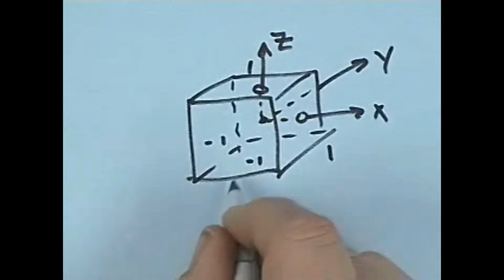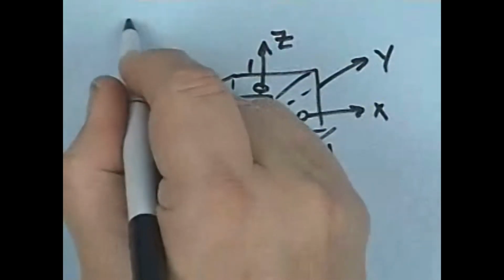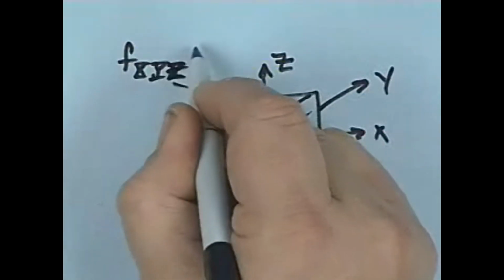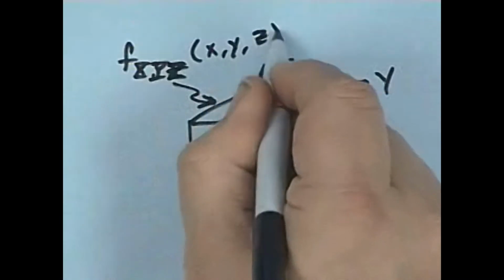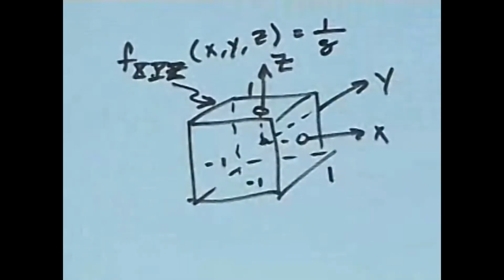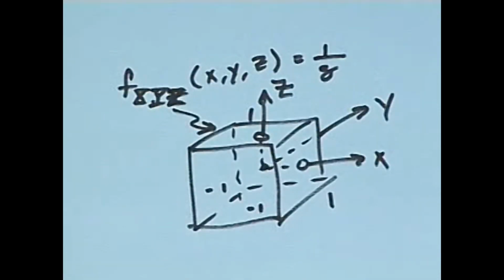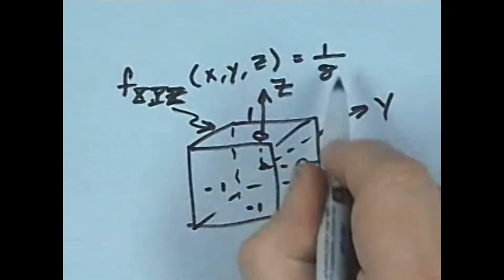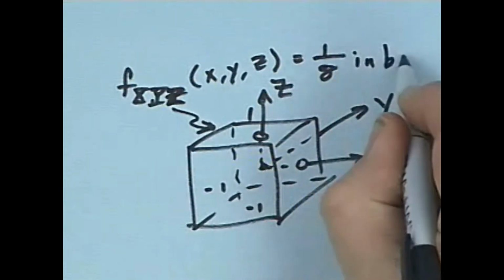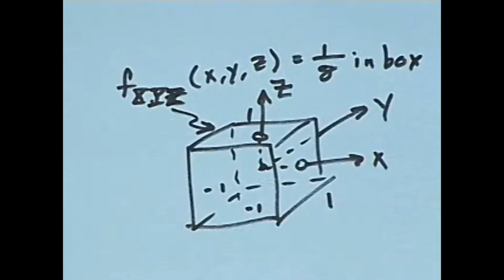Now what I've plotted here is the density function for x, y, and z. And the density function for x, y, and z is equal to, what's it equal to within this box? It looks like a 2 by 2 by 2 box, so it looks like 1/8 within the box, correct? Because the total volume of the box is 8, and if we integrate everything, we must have a total value of 1. So therefore it has a value of 1/8 in the box and 0 outside of the box. So that's the situation we have.